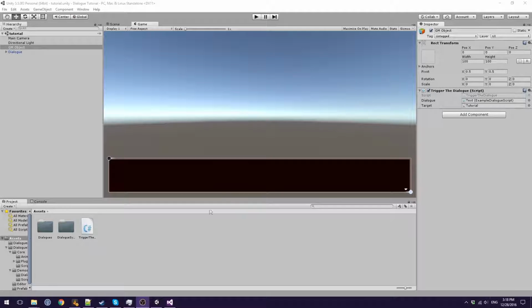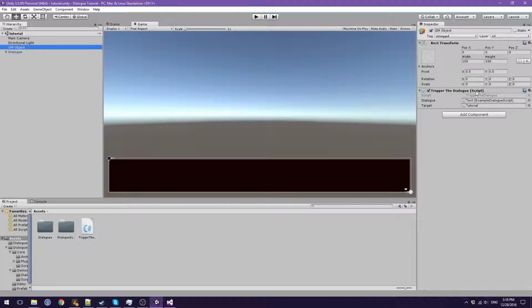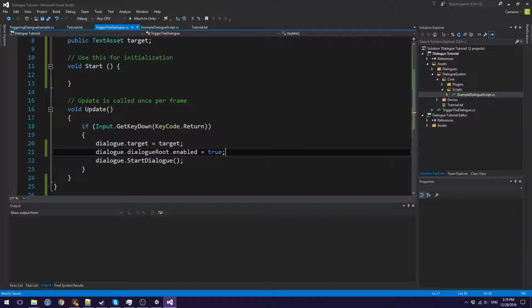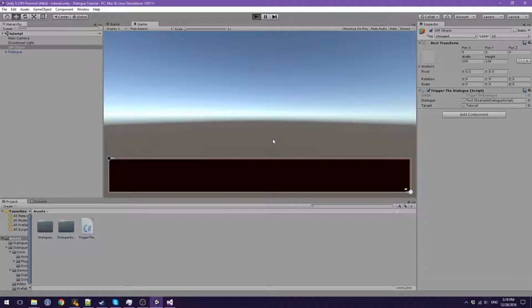So to trigger the dialog outside of the IDE and into your code, all we have to do is just say, hey, we check if the key is down. If the dialog root is disabled, this will enable it and start the dialog. And when it's done, it'll go ahead and hide the dialog. For example,